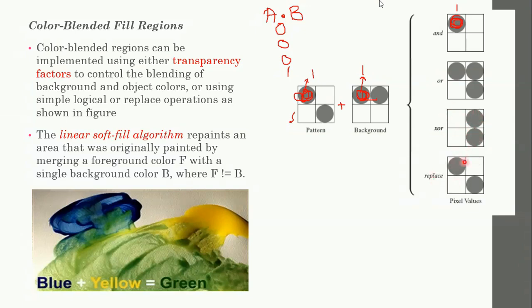And the last one you have is replace. The pattern is being combined with the background. Whatever the background may be, whenever you have a new pattern, it just replaces the pixels in those positions. So whatever the background may be, it doesn't matter here. The logical operation doesn't work here actually.